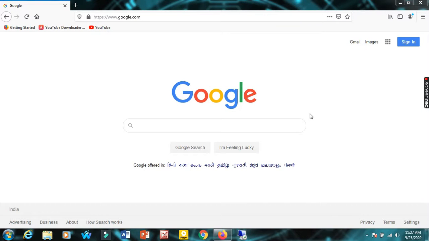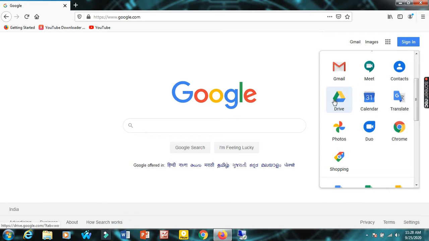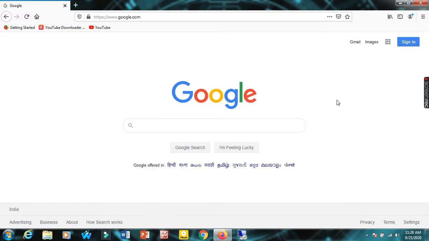So till the period of installation, let us check out what is Google Drive all about. So over here, as soon as you will click over here, you can check out different services of Google are present. Out of this, Google Drive option is also present. But note, to access Google Drive, you are supposed to first sign in onto your Google account. Over here you can check out sign in option comes. Just click on to sign in.